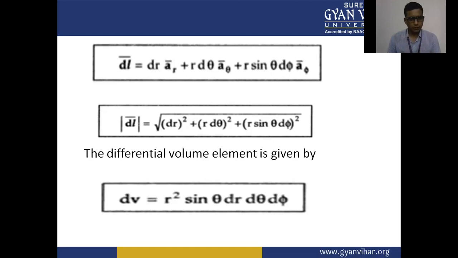In the next section, we have the differential volume element in our spherical coordinate system. So dV is the representation of the volume. Similar to the previous sections, where we discussed the volume dV in the Cartesian coordinate system as well as the cylindrical coordinate system, here we are again using the same symbol dV for volume. dV is equal to r square sine theta dr d theta d phi.